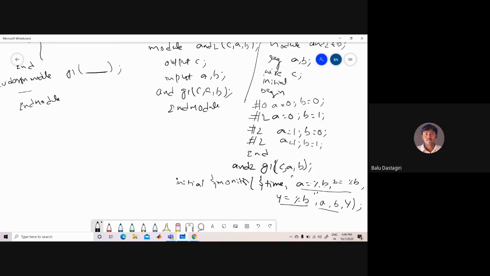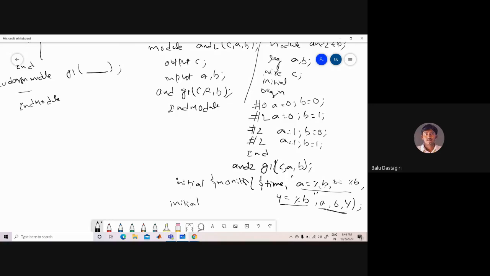So here, whatever we are specifying is important. The double inverted commas are for our prescription, so whatever is in the double inverted commas will be printed. Here, first we have specified A, so therefore A is equal to that particular value of A will be printed. So like this. Since we are using the initial statement here, this monitor command will be executed only once. After this, again initial,